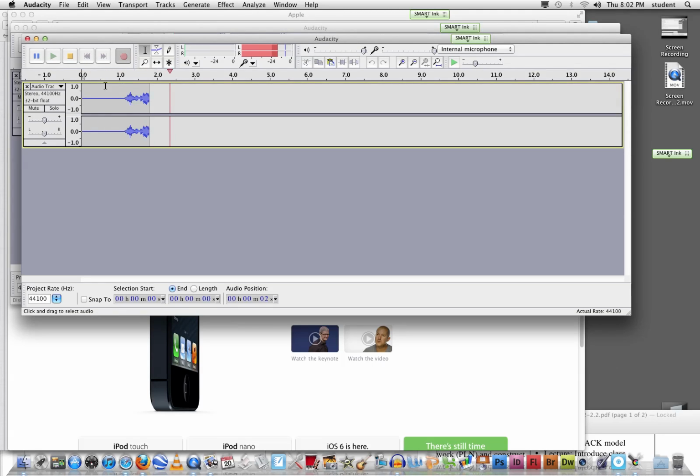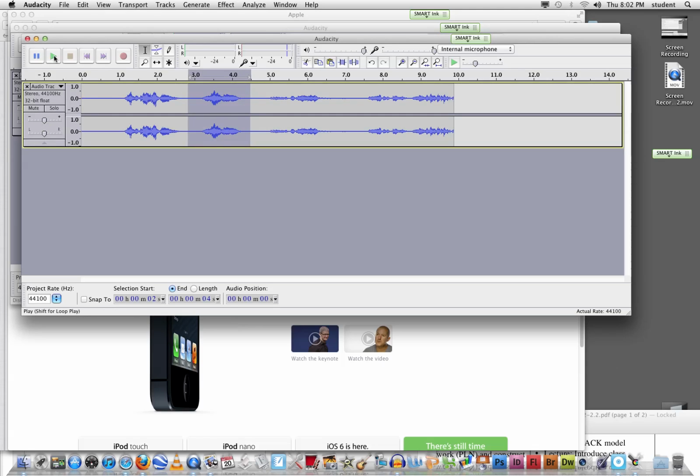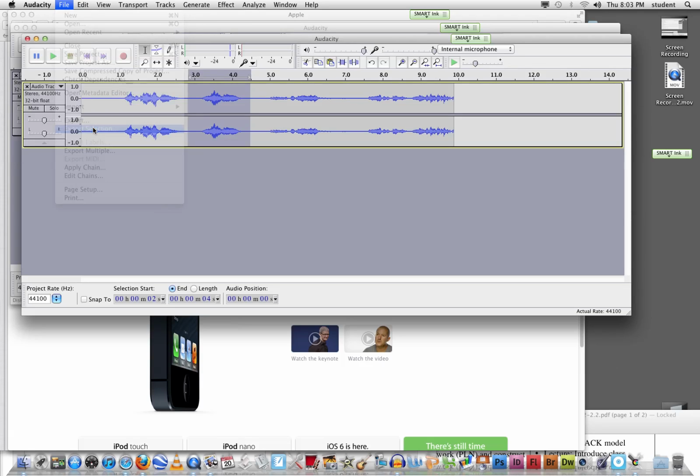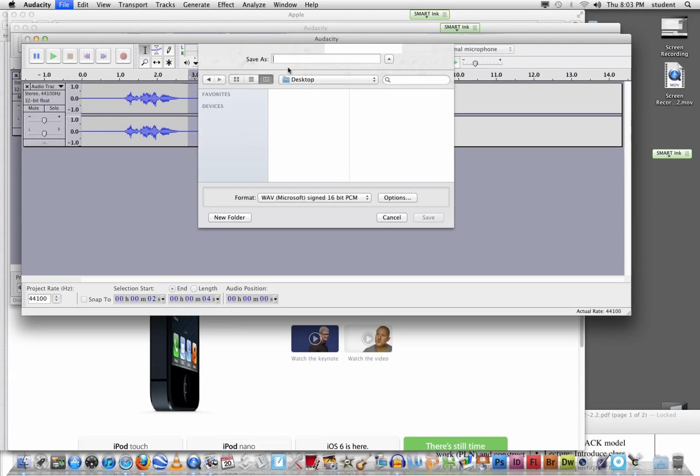Massachusetts, Rhode Island, Virginia. I know I don't have them all right, but I know I have a couple. What is this one? Rhode Island. I'll just go up here to File and export that selection. See that? If I want the whole thing, I'll export the whole thing, but I just want this selection here. So I'll click on it, and I'll put Rhode Island RI.